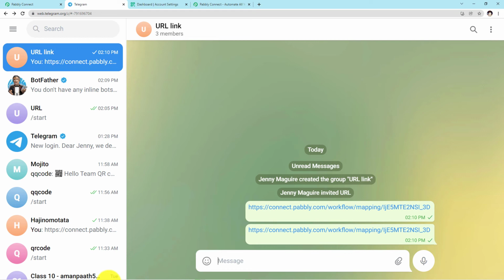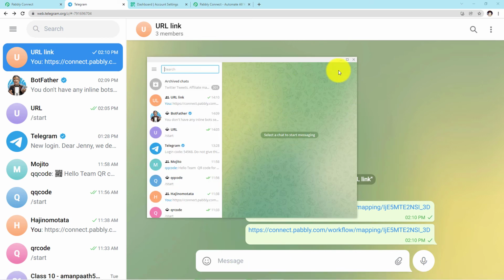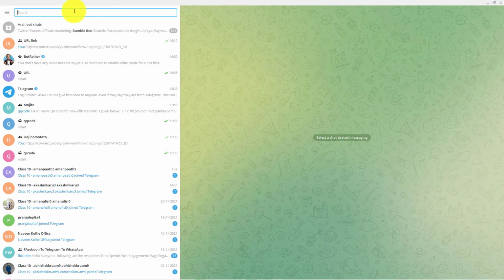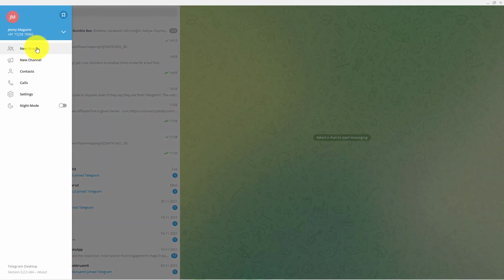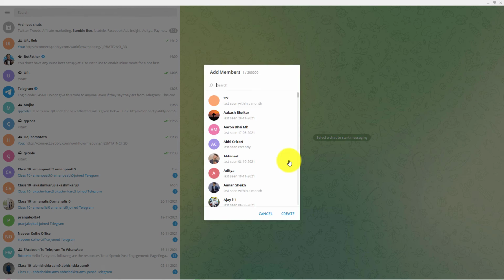I'll go to the desktop application of Telegram. Here I'll make another group. So this is the name of my group, QR code.